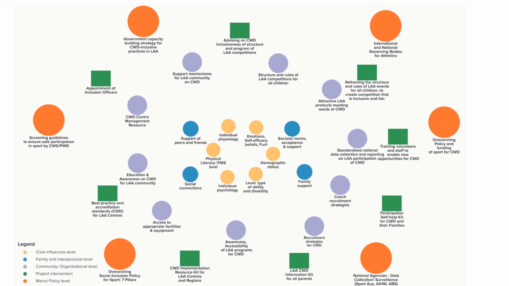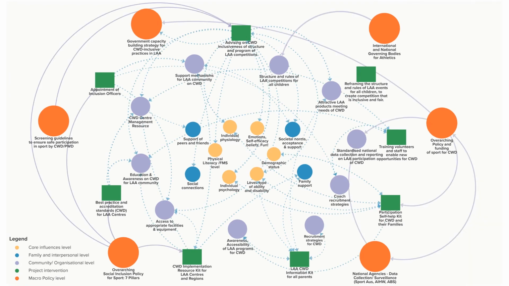Of course, these are not static elements. It looks more like this. The arrows show relationships and influences between the different components, reinforcing and balancing. This helps the project team identify where the project intervention points are having the influence. Are they influencing as intended? Are there gaps? It also helps us think carefully about which components of the project to evaluate and how.